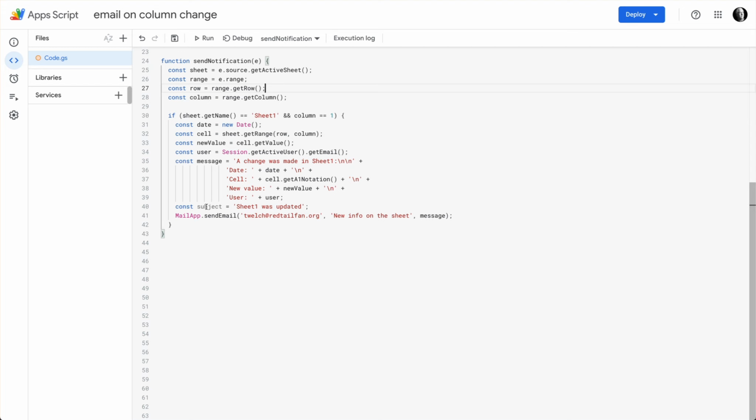And the subject that we're going to use is 'Sheet1 was updated.' And then MailApp.sendEmail uses the email address, comma, the subject, comma, the message, or the body of the email. And we're substituting in here